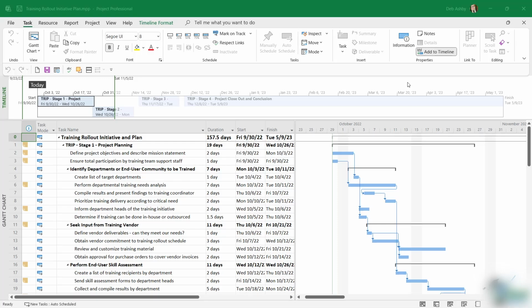So things like Control-C to copy, Control-V to paste, Control-X to cut, Control-S to save. All of these are exactly the same. Now, of course, there are some differences, and some that are very specific to Project only. And in general, what you'll find is that you'll probably have 10 to 15 keyboard shortcuts memorized, and you will use them all the time. I'm a huge fan of keyboard shortcuts because I find they really do speed up